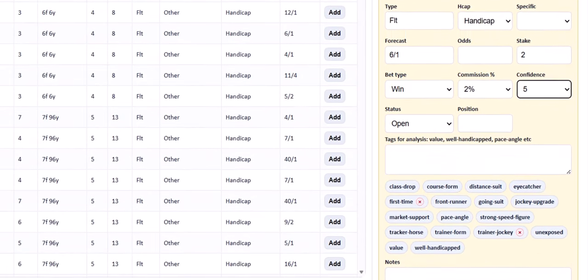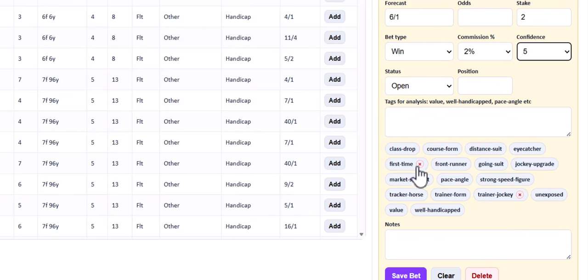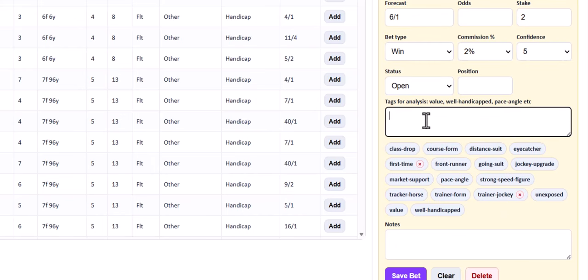Tags, if you want to add tags, okay. The ones without a red cross are set for you as they are. The ones with a red cross are the ones that I've previously added, okay. So let's add another one that's not here. We'll have run a recent race. So we'll say recent